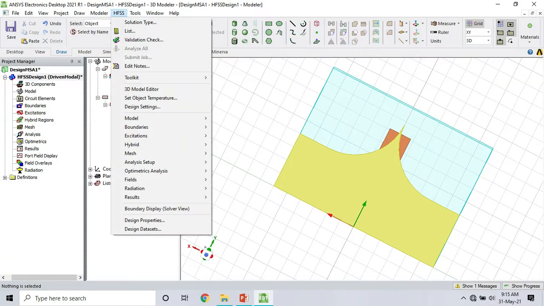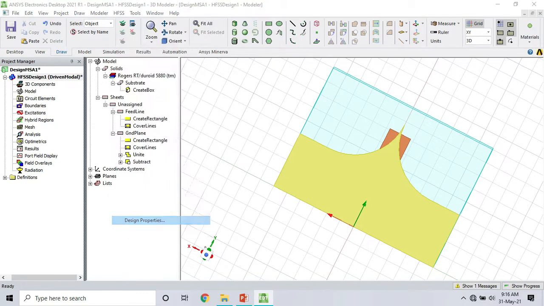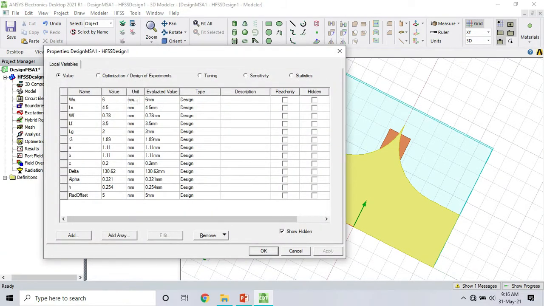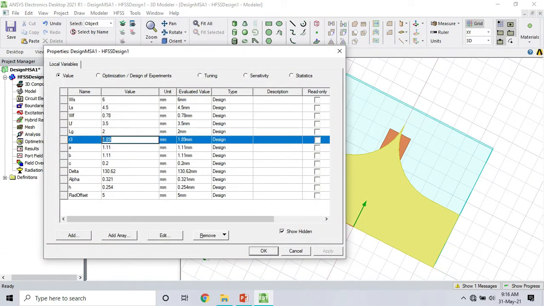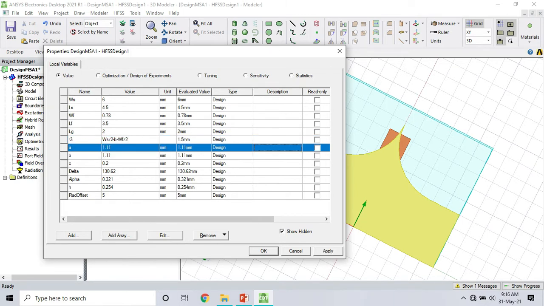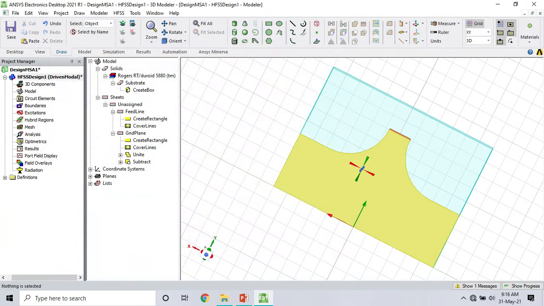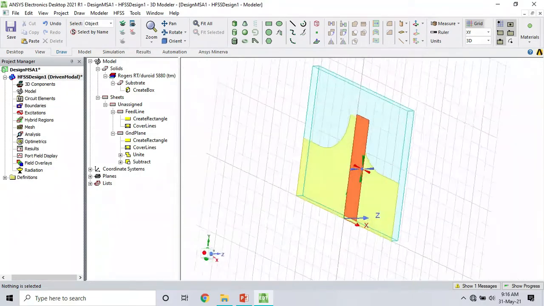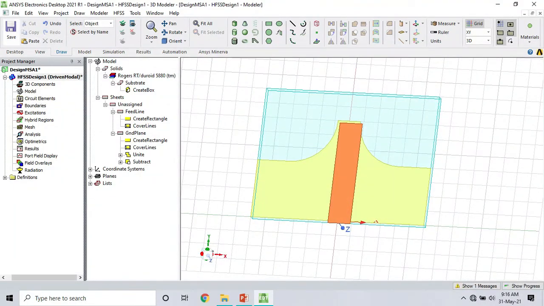We don't need to change everything again because we had already defined it as a variable. So we can simply enter here ws by 2 minus b minus r3, no, r3 you want to calculate, right, minus wf by 2. This will give us our r3 and it comes out to be 1.5. Previously it was 1.89, so it was a bit more. Now it seems perfect that it is aligning with the wf, right? Yeah, let's just save it.